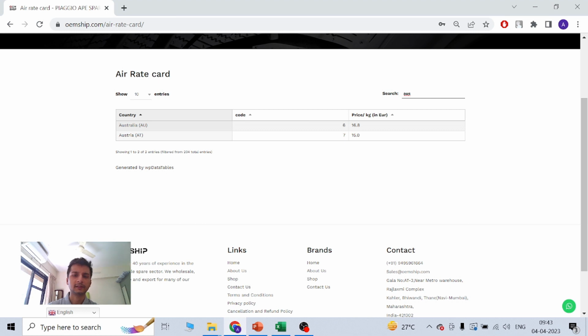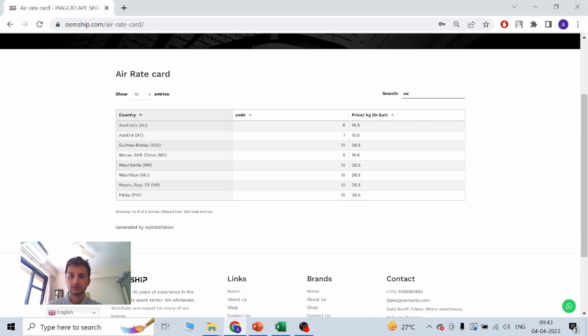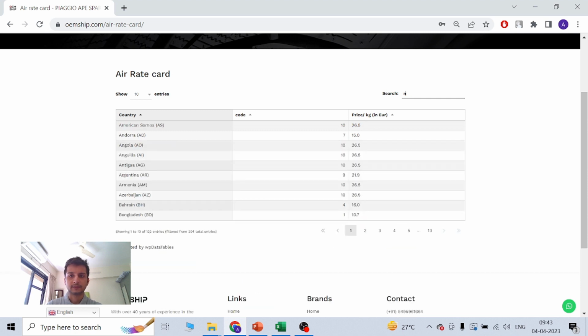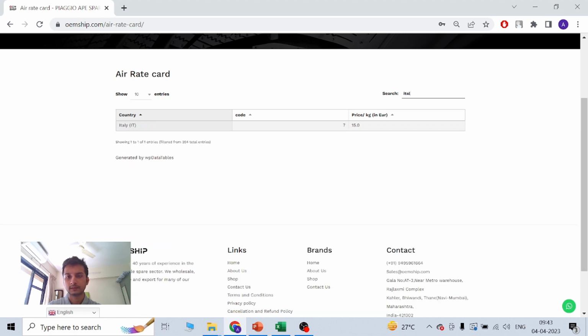This is slightly on the higher side. We will even get the latest rates, and there can be a 10% reduction also. If it's Nigeria, it's about 26.5. Italy, it's 15 euros, and you can convert to your currency. This is per kg.